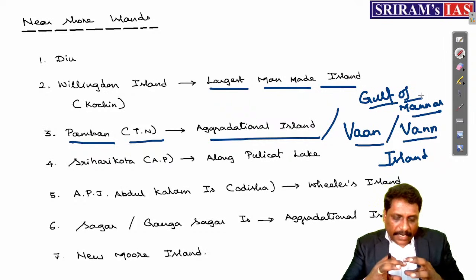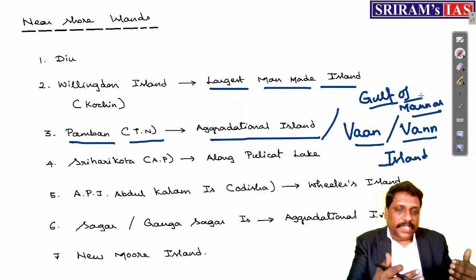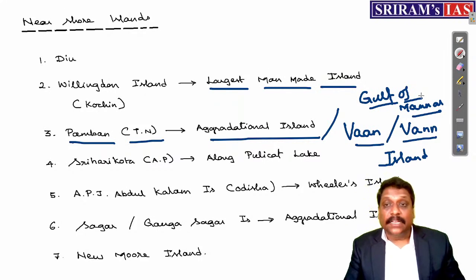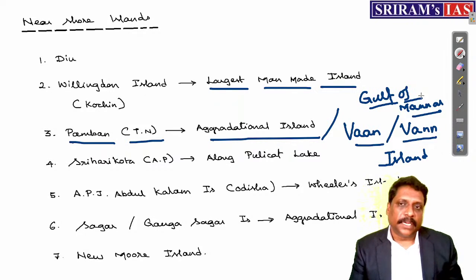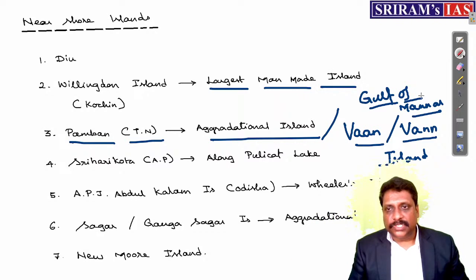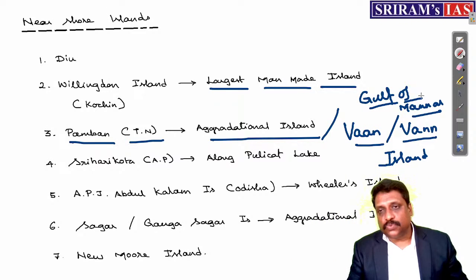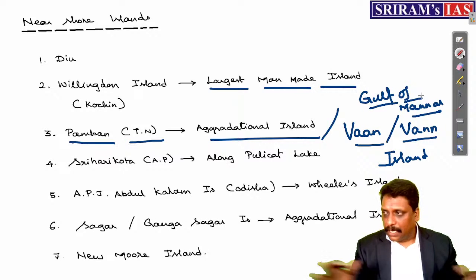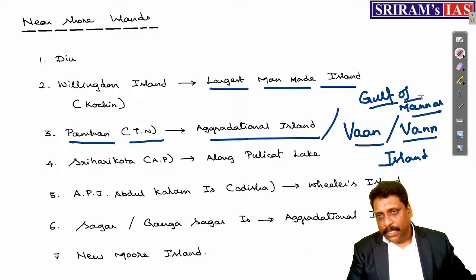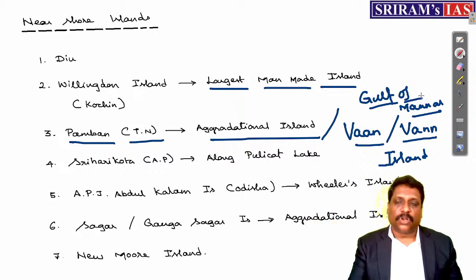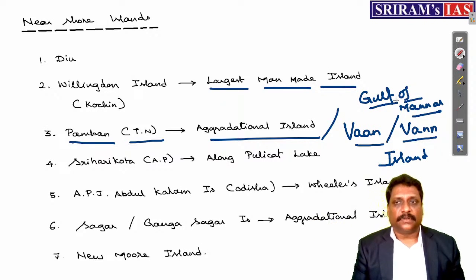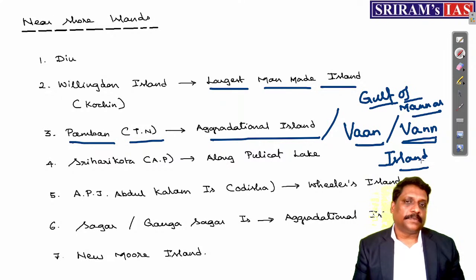By planting artificial coral reef, this island was again somewhat reclaimed. So, one of the reclaimed islands we have is Van Island. With the help of IIT Madras, this reclamation process was actually done. So, very recently, it was in the news. One complete article was there in The Hindu, which was covering the sinking islands of India. Van Island was one of the islands referred to there. So kindly note, Van Island of Gulf of Mannar is also very important.